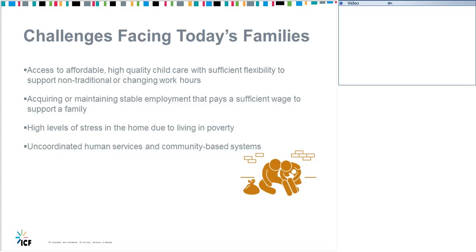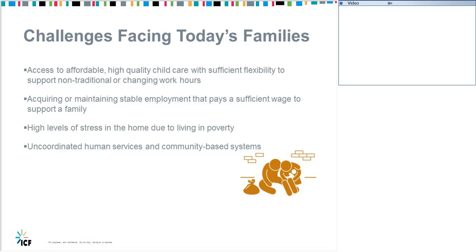Okay. So just briefly, as you all know, there are many challenges facing today's families, and parents' abilities to mitigate adverse child experiences are often impeded by additional challenges in establishing and maintaining healthy households. So there are 4 challenges listed here that I just want to briefly talk about before I pass the ball over to Courtney to talk about the research. Many of these, I'm sure you all are aware of.